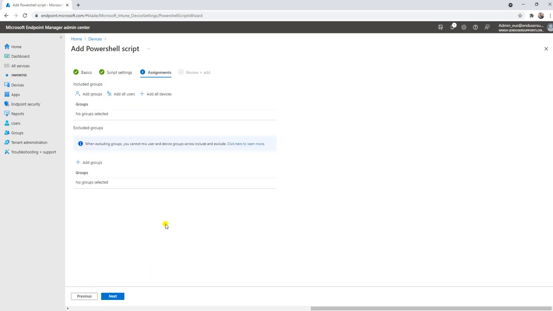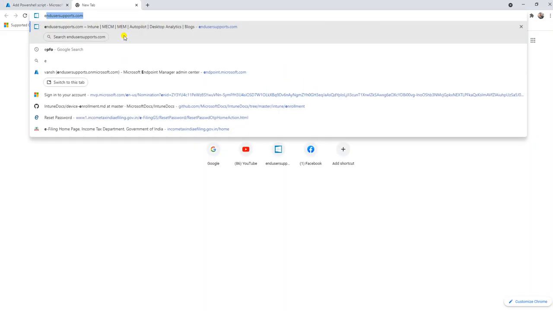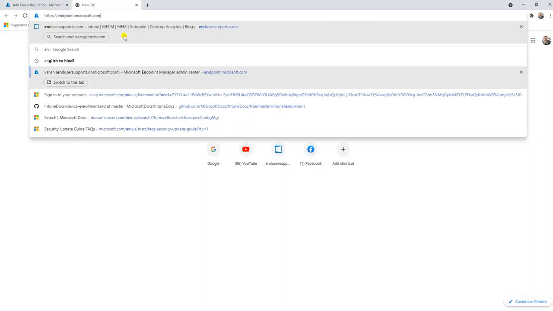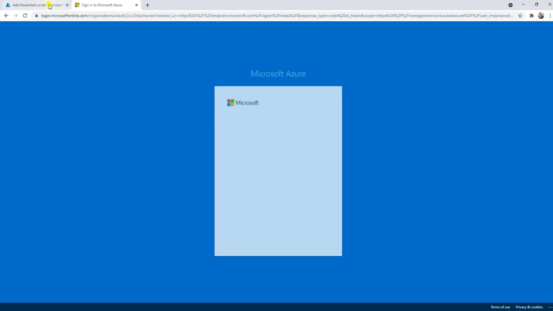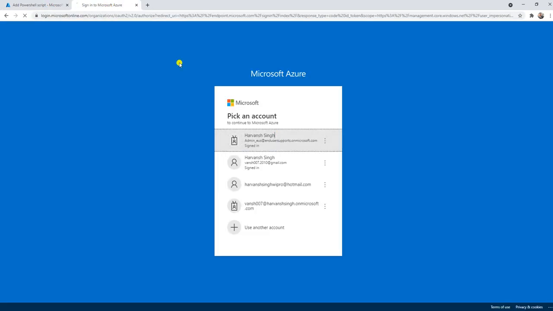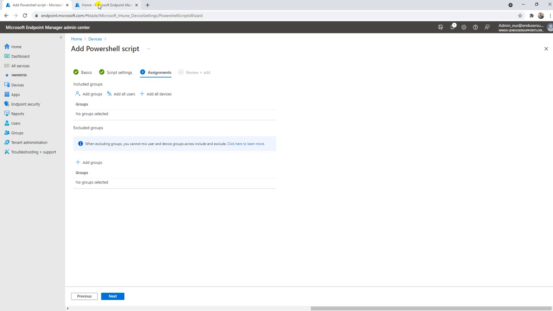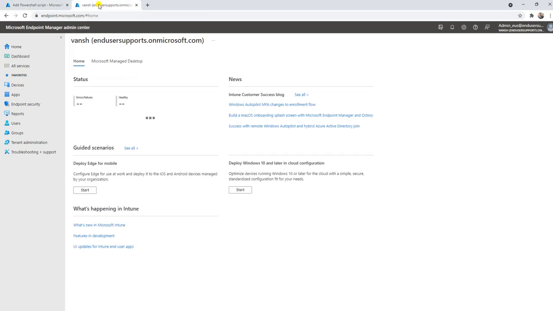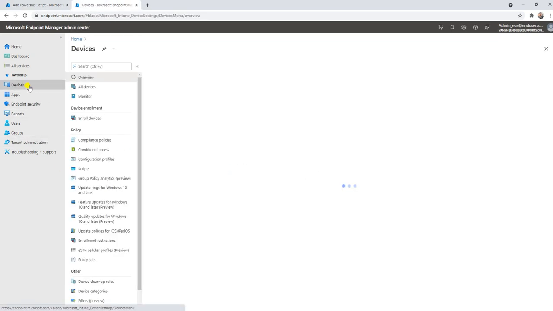Now let me click on next, and here is assignment, group assignment, where you want to deploy this script. So let me open one more console for the endpoint and we'll create a group. So you can use your Intune console or you can use the Azure AD as well. So both are fine.